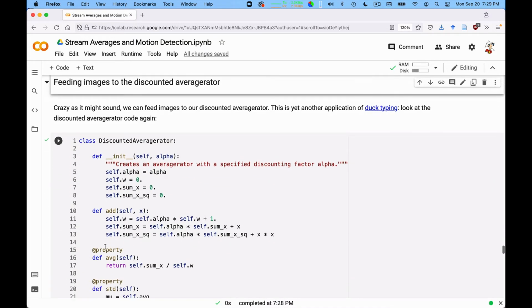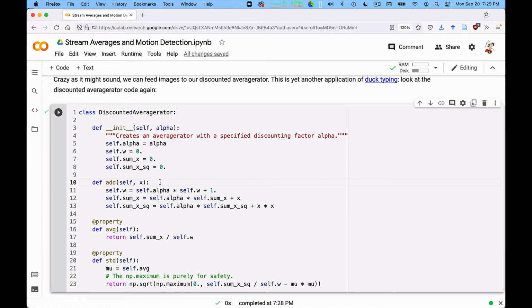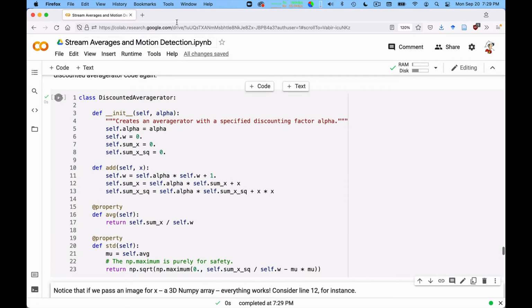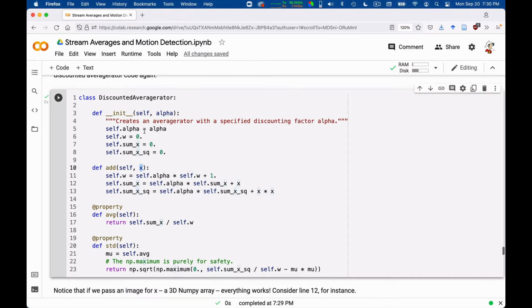So this is our discounted average class again. I cut and pasted it here so that you can read it again and convince yourself that it works also for matrices. Let's pick a place and read it. Imagine X is a matrix, and this is the first matrix that you give to the discounted average.